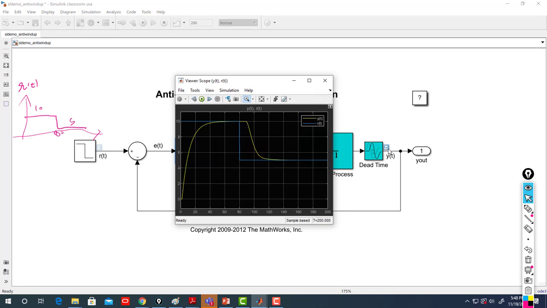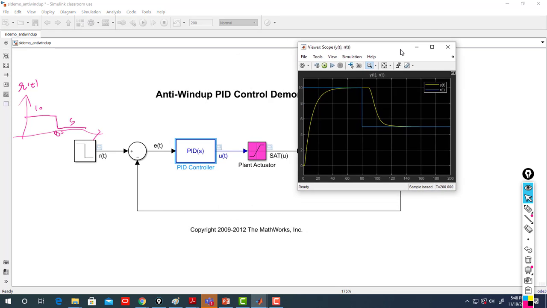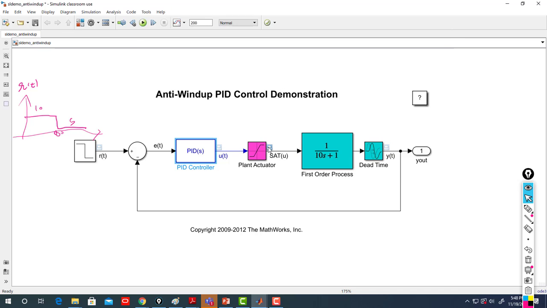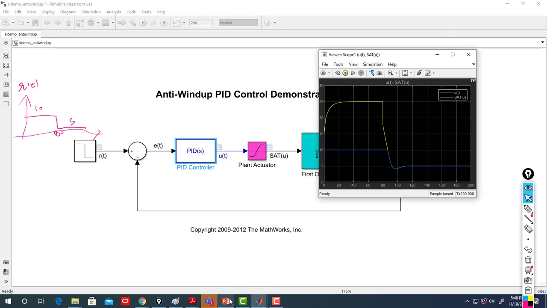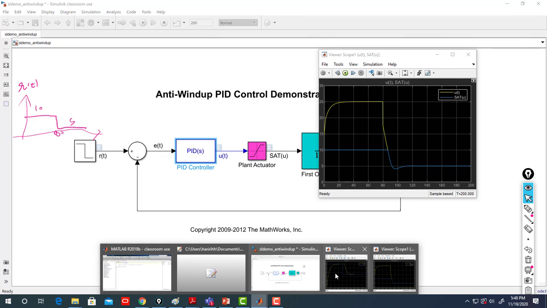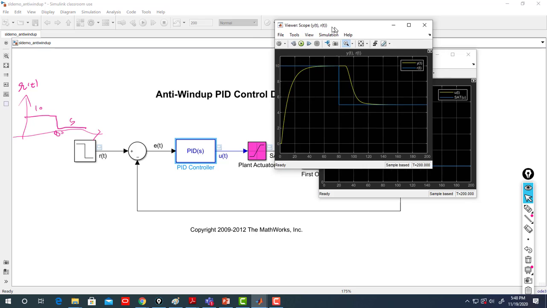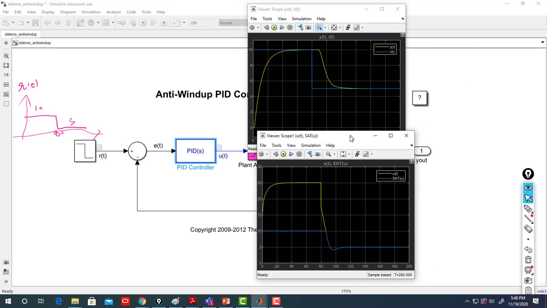And then when I look at my output, my output doesn't react as it should. So if you look at both signals, reference, output and control signal,